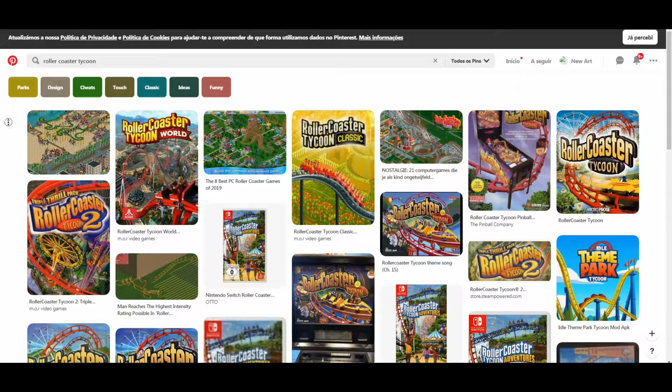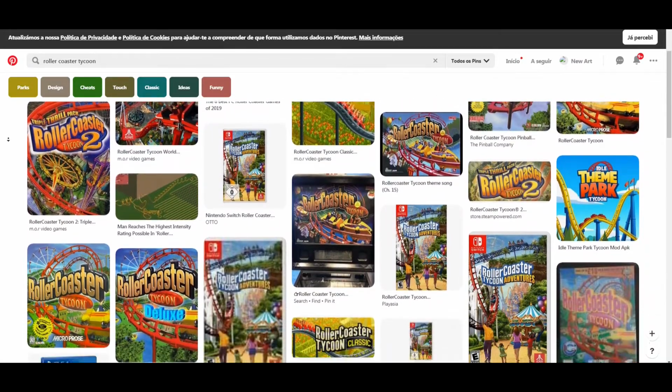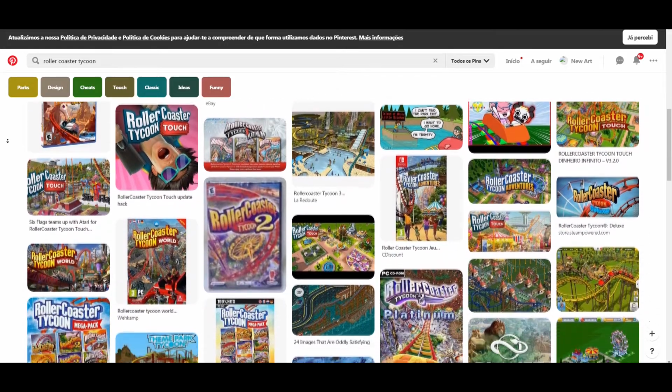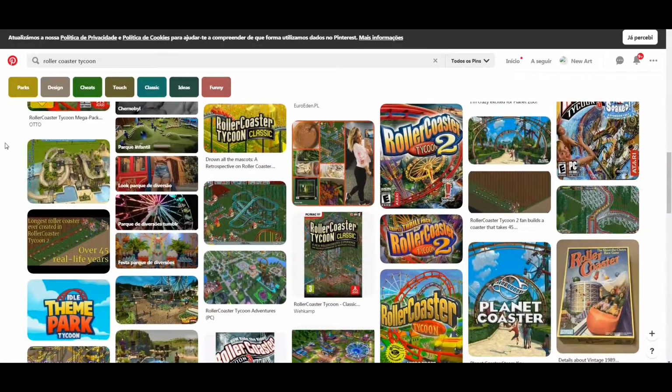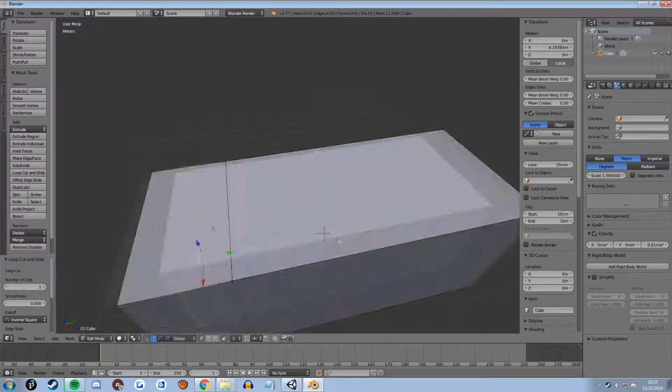I thought for about 4 hours straight and nothing came to my mind. Then I remembered those tycoon simulation games. I was in love with those games. So I started making some sketches in my notebook about how the game would look, and I opened Blender